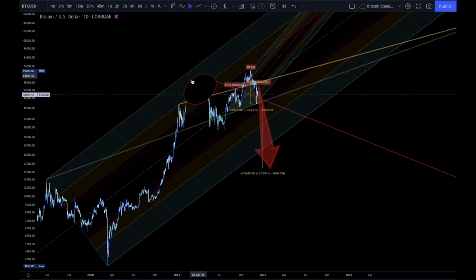So this area here is near the, shall we say, top of the channel. And even if we get up to this $109,000 area, in this area up here, where the crosshairs are,